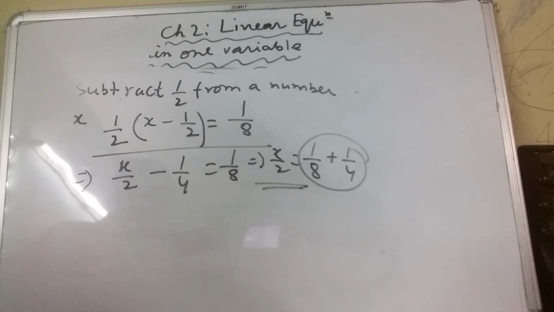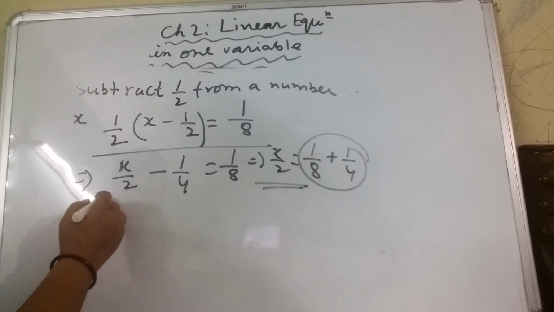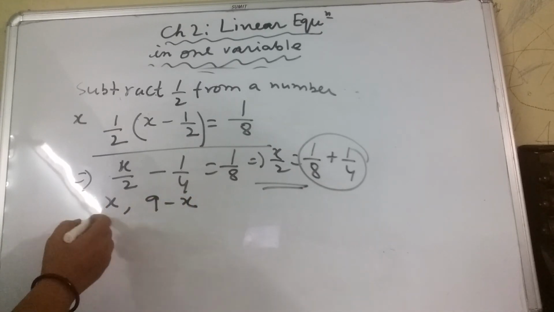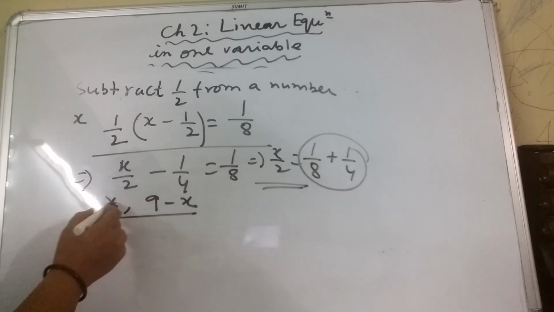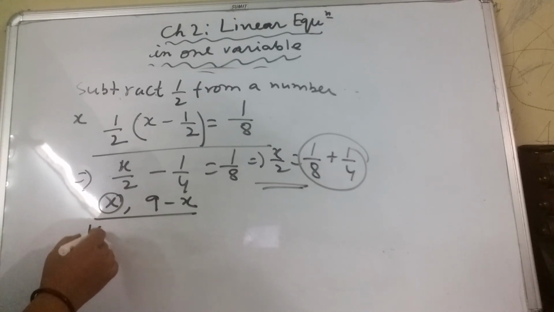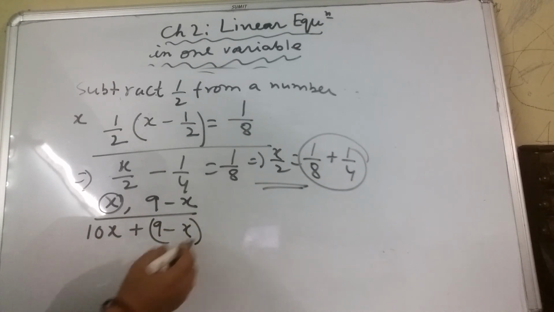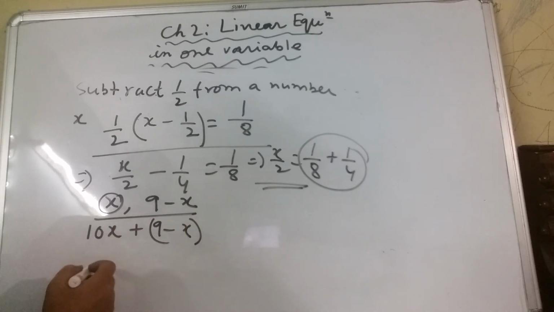The sum of the digits of a 2-digit number is 9. When we interchange the digits, it is found that the resulting new number is greater than the original number by 27. What is the 2-digit number? Say you don't know the digits, but the sum is given. So if one is x, another one will be 9 - x. Now how to write a 2-digit number? If x is the tens place digit, it will be 10x + (9 - x). Now you have to interchange the digits.